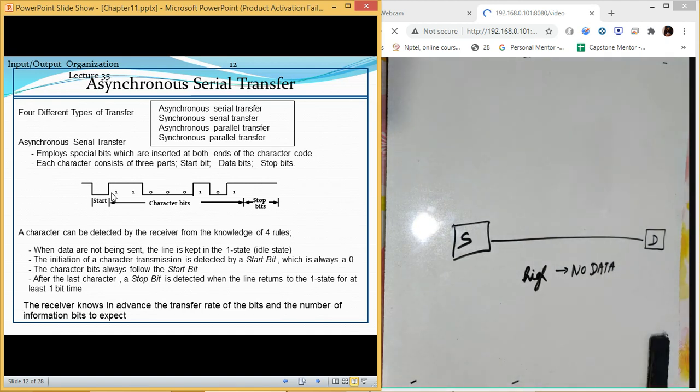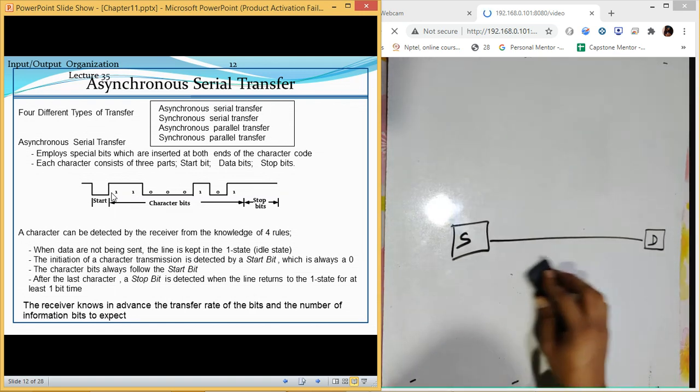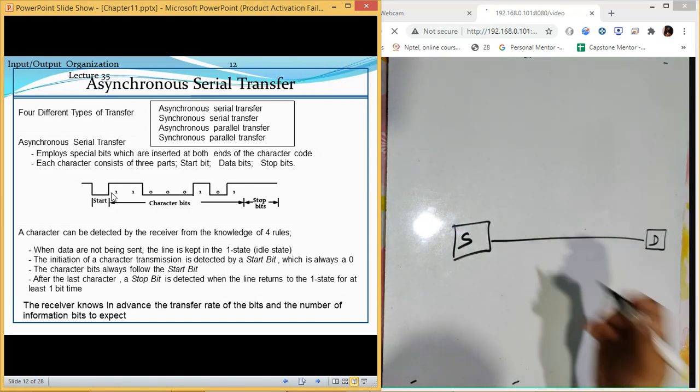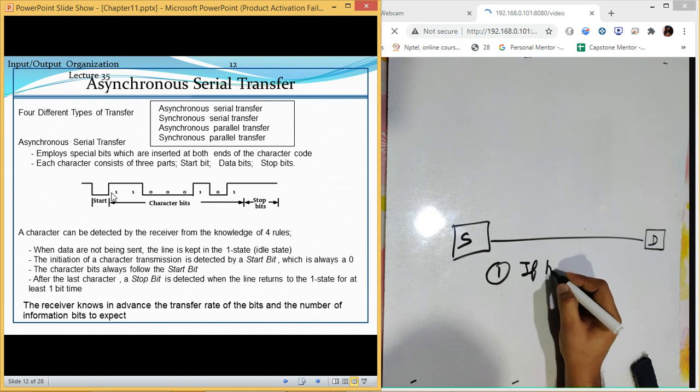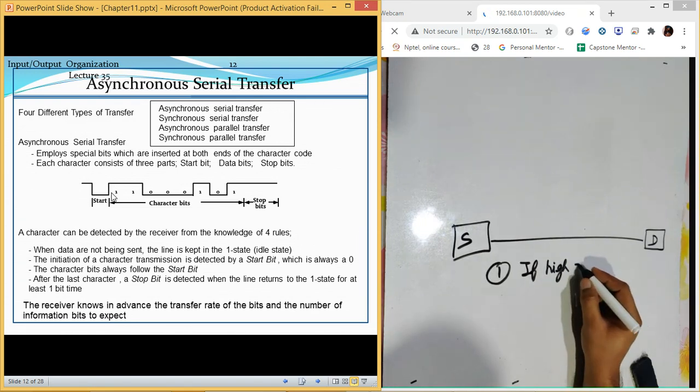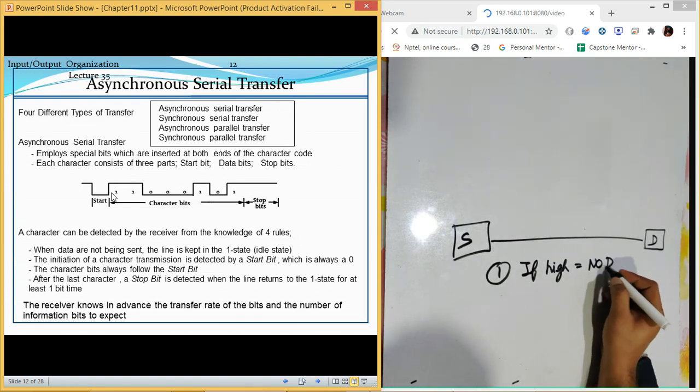It is active low. Then once the initiation of the character transmission is detected by a start bit, which is always 0. So what does it mean? The first rule says if high, that means no data.